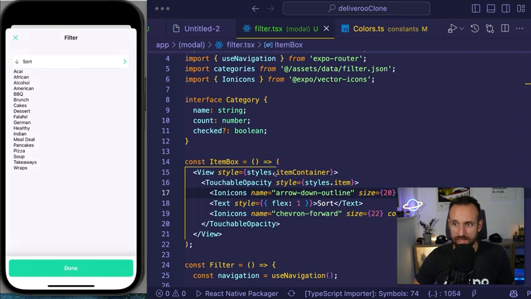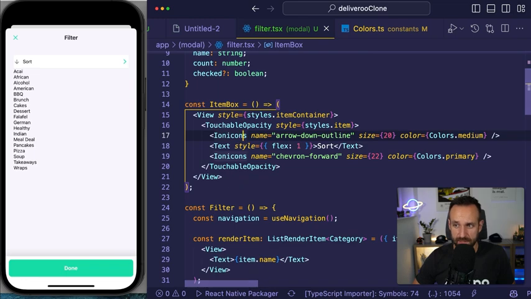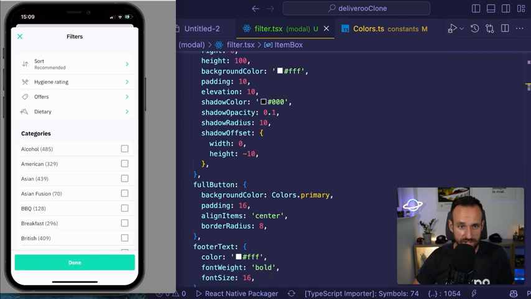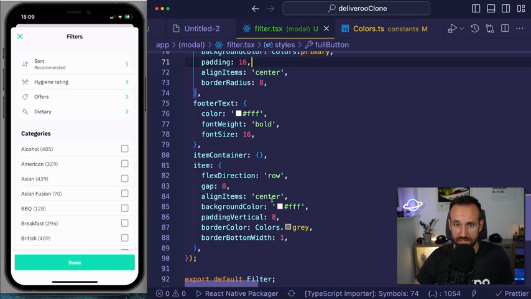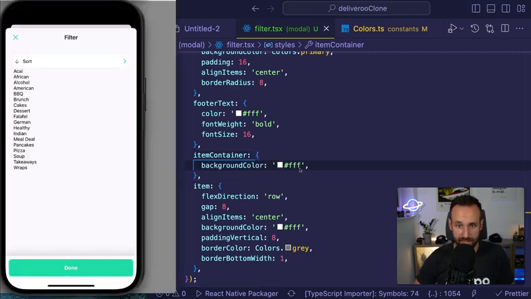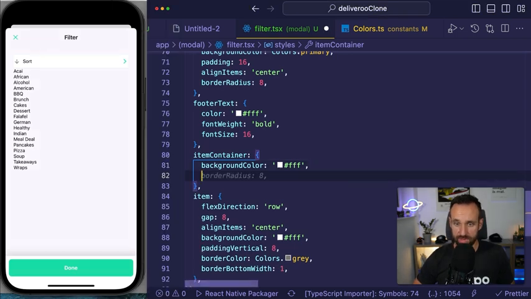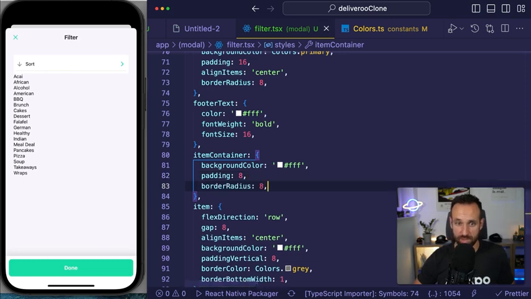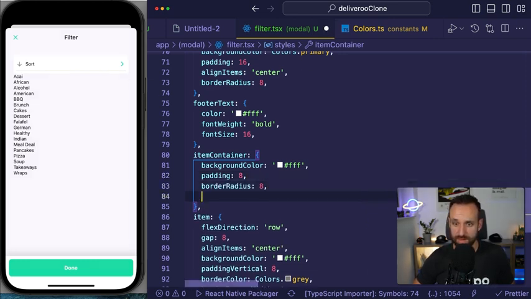This item styling, I feel like the item container should have more padding. Yeah, the general surrounding item container needs some styling. So let's give that item container its own styling. I'll give it a white background, and I definitely want to give this container some padding as well. So then, yeah, that makes the items stand out, and the border looks like this. That is good. We also want a border radius for the white thing, and then I want to add margin bottom, so our